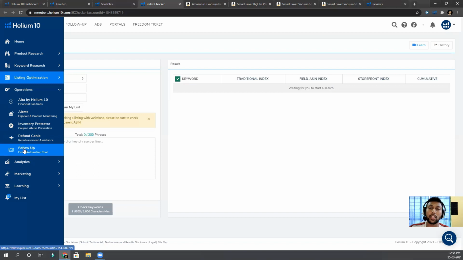Now, this thing actually automates that also, and that works really well, because Amazon just sends a very good copy in the image, and that copy is working like crazy, because it simply prompts those customers to go and leave a review. It does not say I'm requesting you to leave a review. Do not do that. It simply says, please, seller requests you to leave a review. So customers are more prompted to leave a review in that situation.